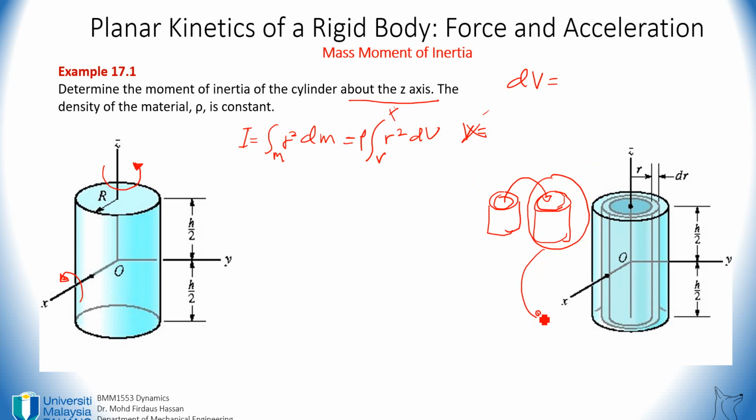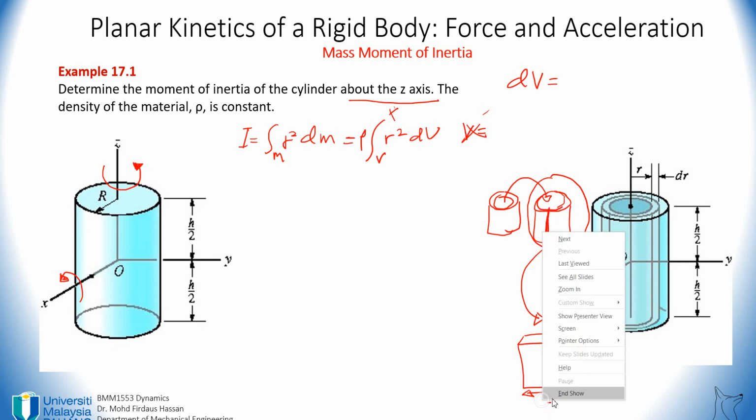So take a look at one shell element. We make a post-mortem, for example. Try to cut through this thickness, and then you open up this shell element. You lay it down like this, so you can say that it looks like a plate, and then this length is equal to the perimeter for this curve. So the equation of a perimeter is